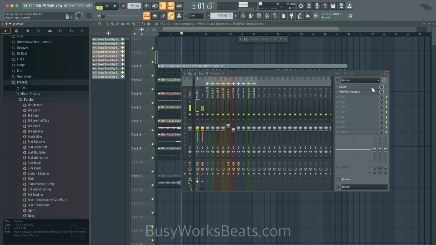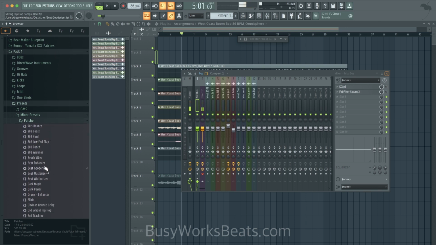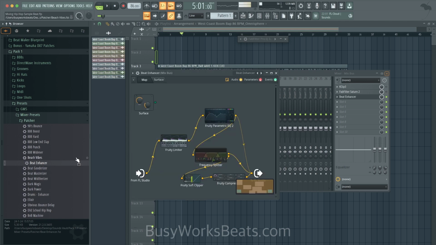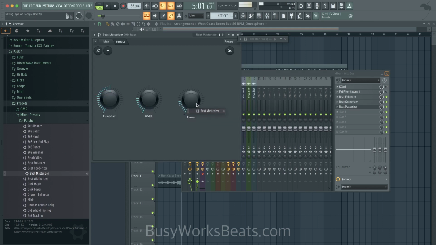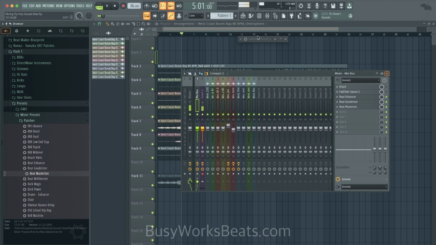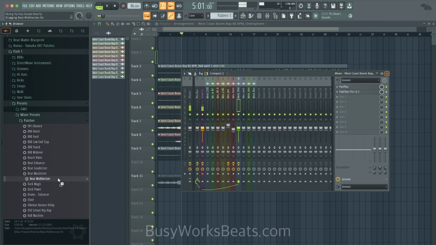So if you can't afford these plugins, I know it costs hundreds of dollars. What I've done is added these, which are FL Studio compatible using stock plugins, so you don't need any third-party plugins. Let me just show you guys what these sound like. So I'm going to load up all 1, 2, 3, 4 of them for the beat. And then we'll go through each one quickly. So I have one for mastering even. I have one for widening your beat. So let me get into all these ones real quick.